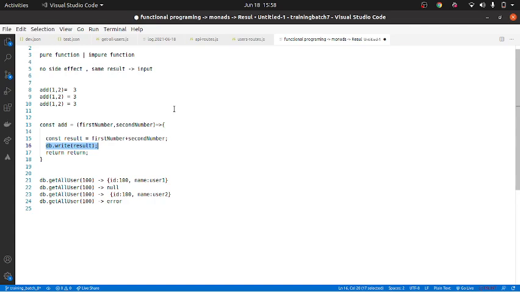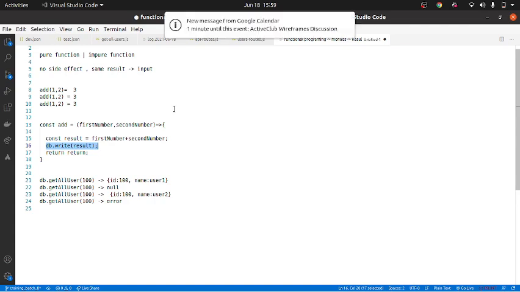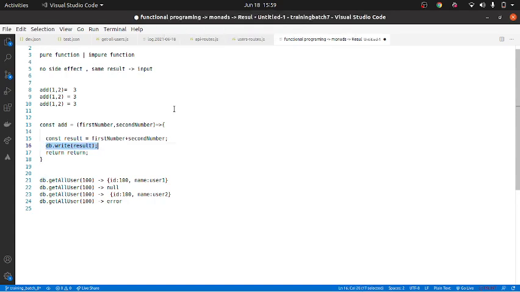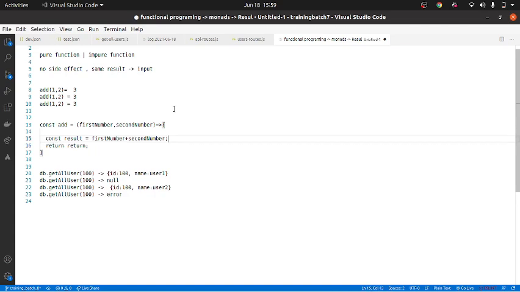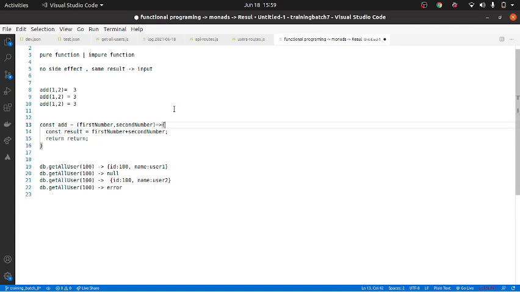So read more about impure functions and pure functions. It is a very interesting topic. It is very, very important for you to understand impure and pure functions to write a very good piece of code. So read a little bit more about it. But if it has a side effect, it's not a pure function.